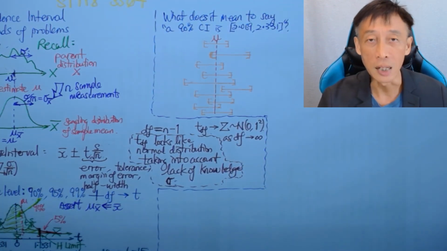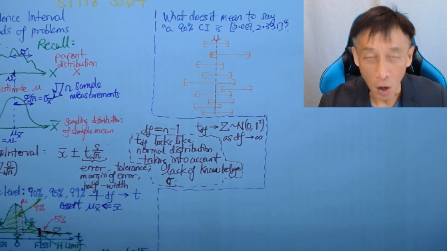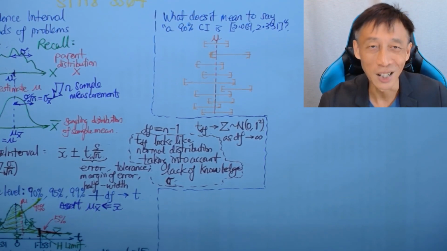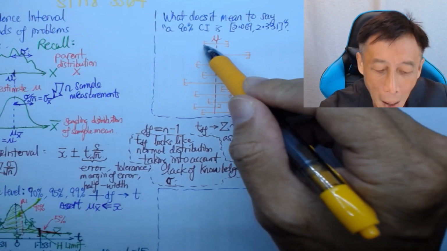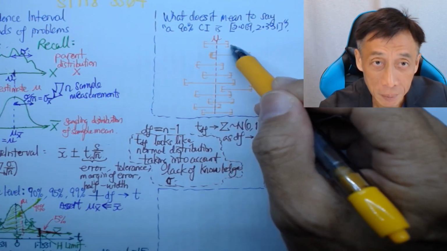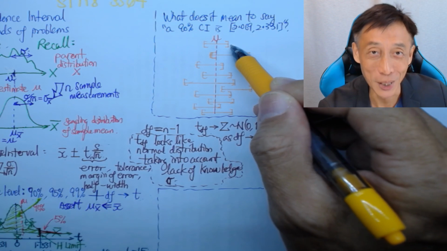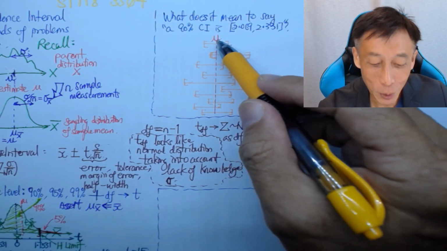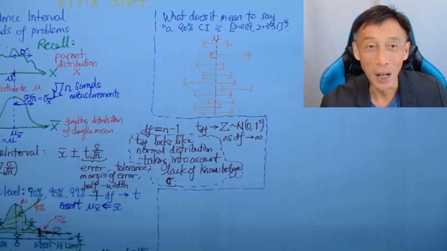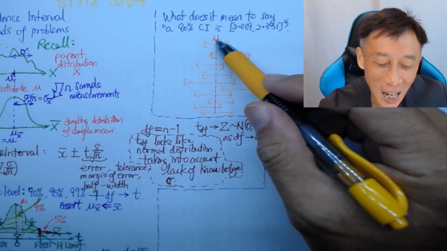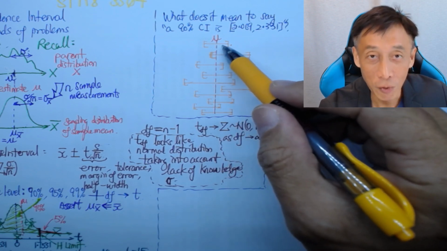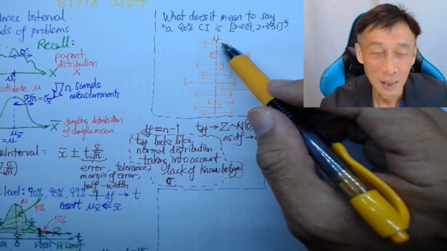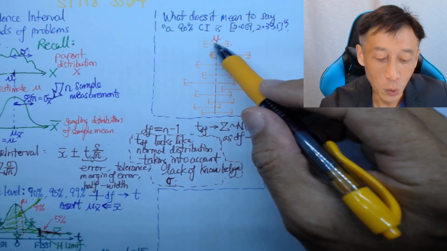Notice that I keep saying 90% sure, 90% confident. I try not to say the word 90% chance or probability because when you have one sample measurement, when you do one such interval, one such bracket, your conclusion cannot be 90% sure. Your conclusion is either mu is inside or outside. You cannot say that there's a 90% chance that, right? One measurement doesn't give rise to a 90% chance that mu will be inside this interval